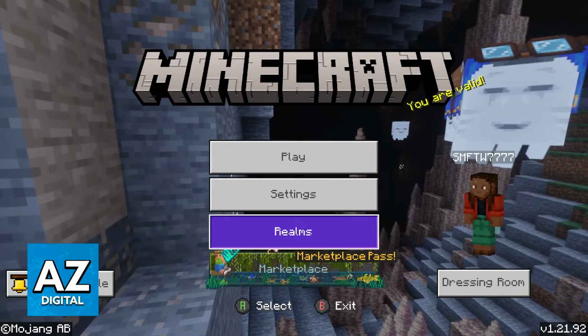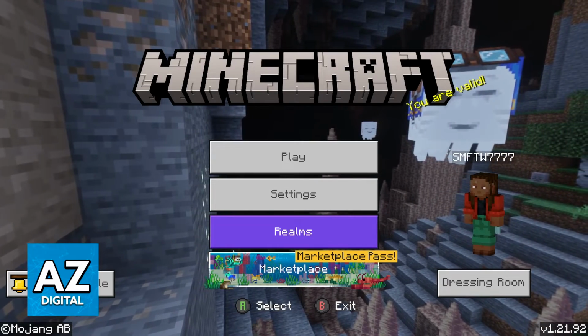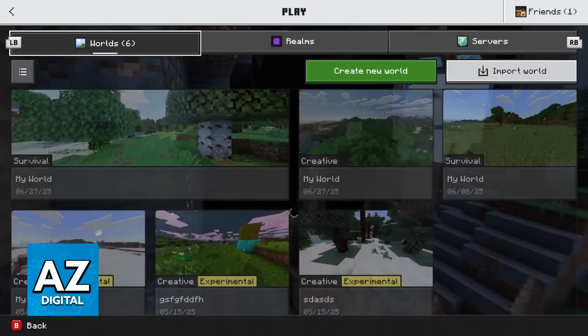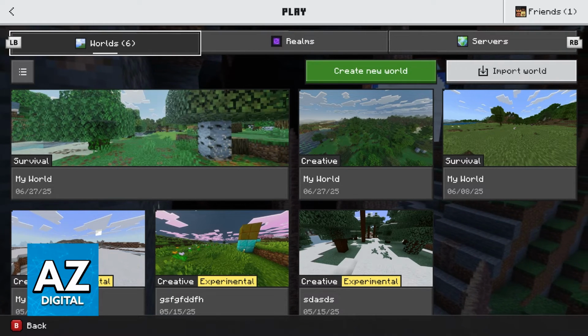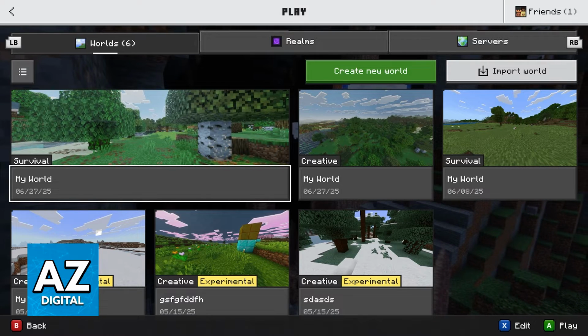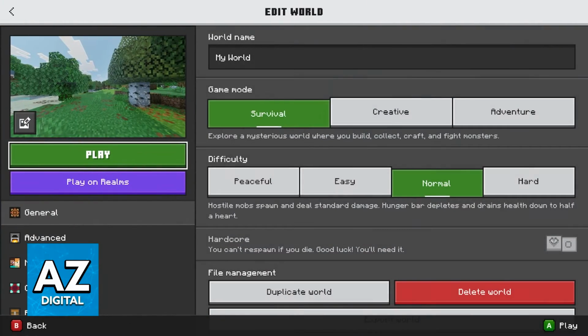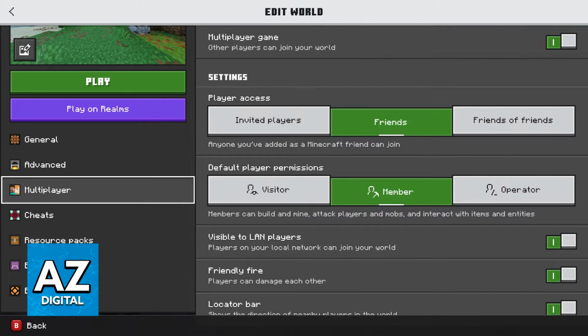So after you have the Microsoft account set up, you can go over to Play. You will also see a notification to sign in with a Microsoft account on the home screen if you haven't signed into one already. When you go over to Play, you will now be able to configure your world. So you can create a new one or choose a pre-existing world and choose the option to edit that world. The reason why you need to go into the world settings is to access the multiplayer category. In here, make sure that multiplayer game has been enabled. As long as multiplayer game is enabled, other people will be able to join you on this world.